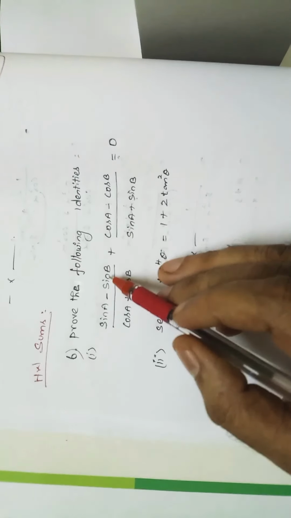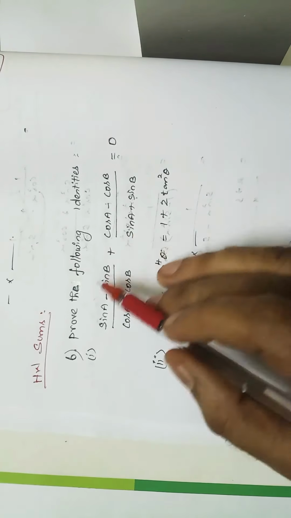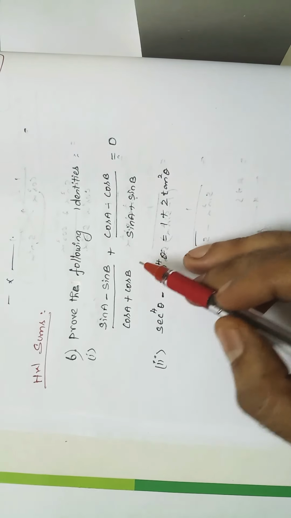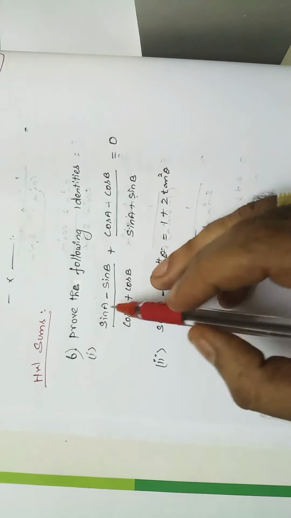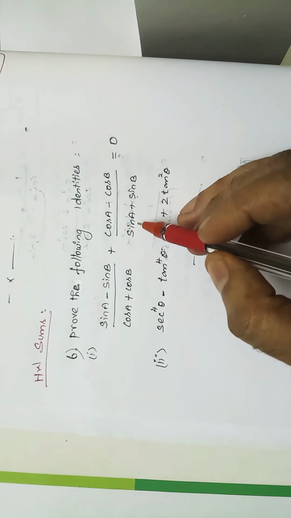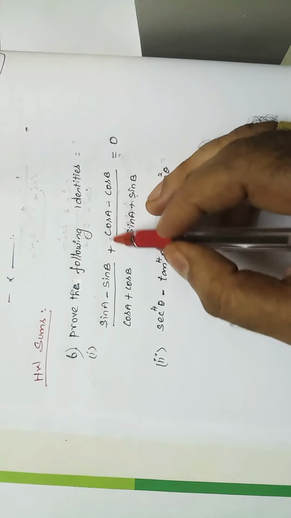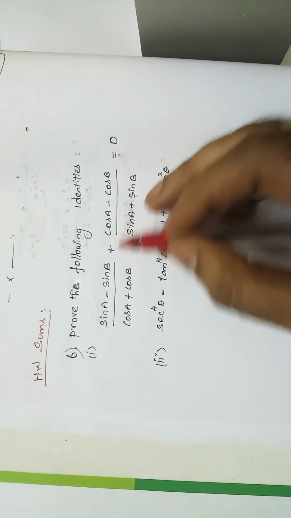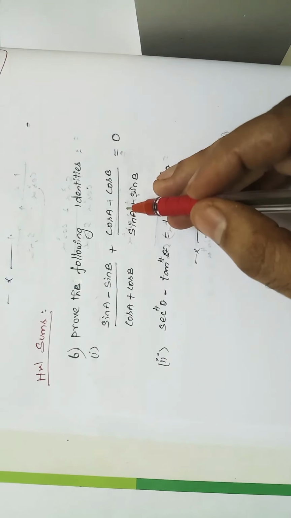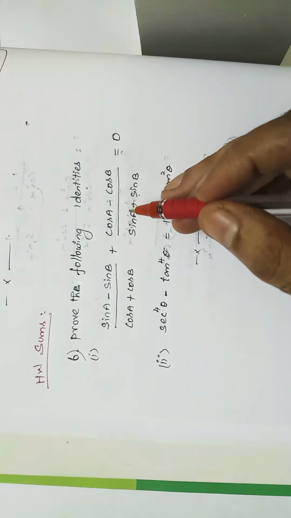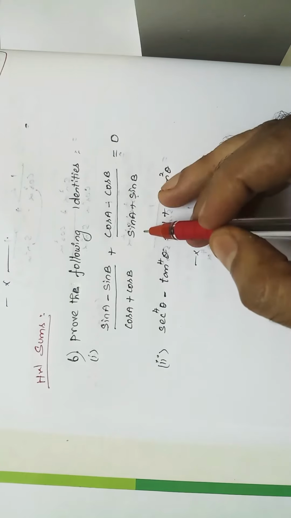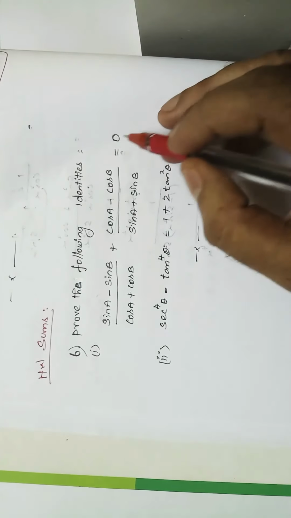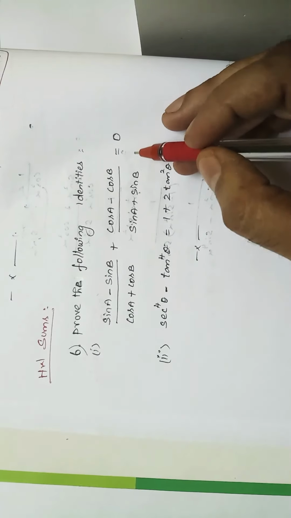So sin a minus sin b into sin a plus sin b. While we are multiplying, what will we get? a plus b into a minus b is nothing but a square minus b square. That identity will be applicable. So sin square a minus sin square b, plus cos square a minus cos square b. While we are simplifying, everything will get cancelled, right? We can change sin in terms of cos and cos in terms of sin, and while simplifying, we'll get 0.